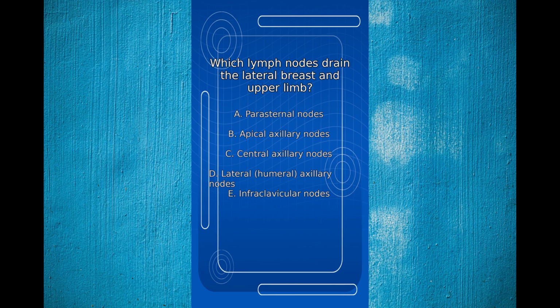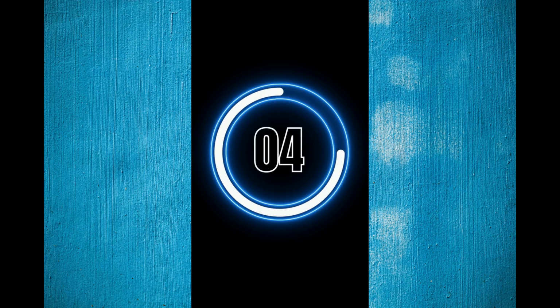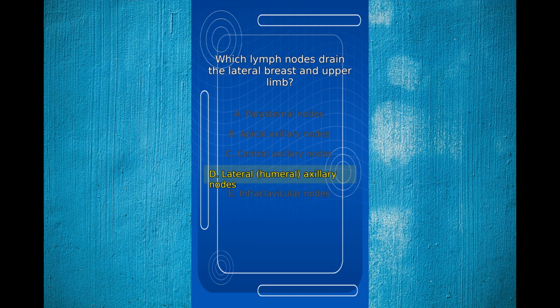lateral breast and upper limb? The correct answer is D. Lateral humeral axillary nodes. The lateral humeral axillary nodes drain most of the upper limb and lateral breast. Which artery